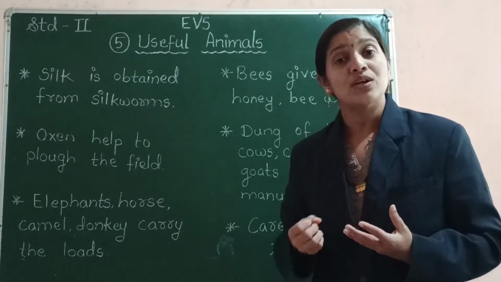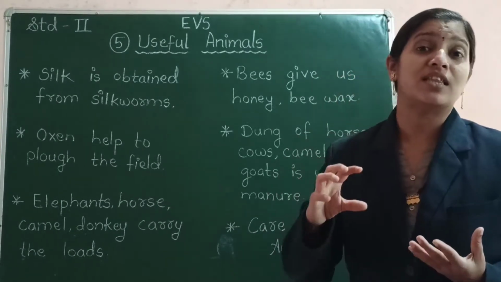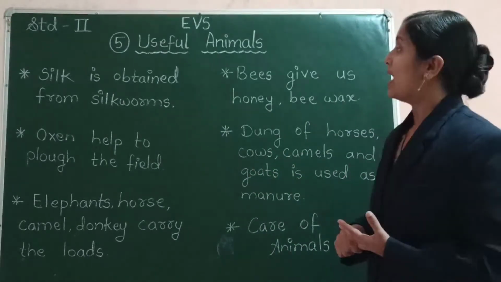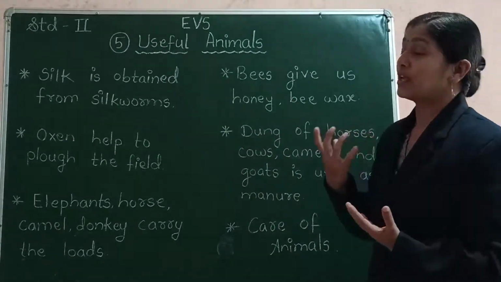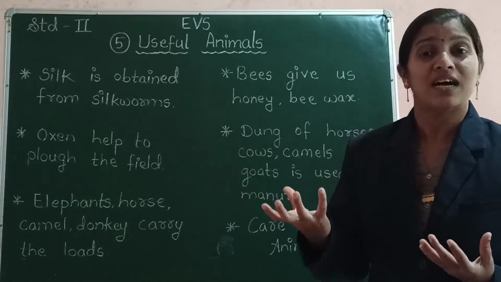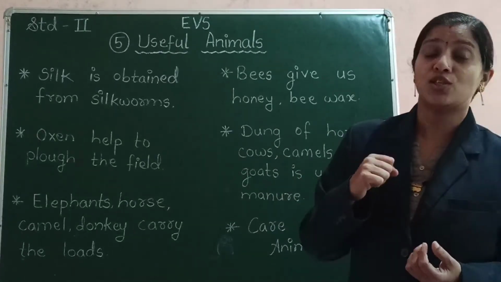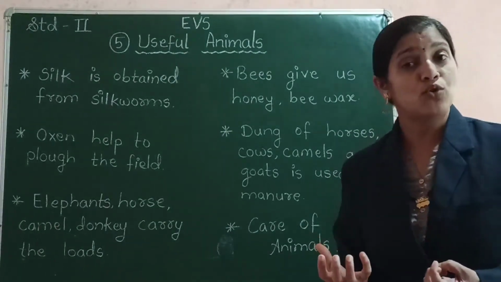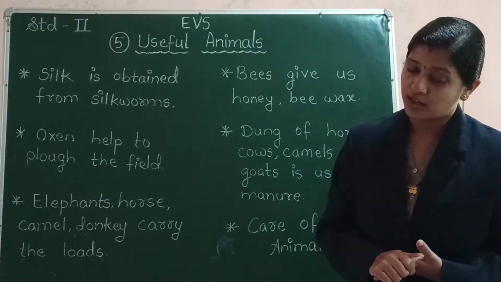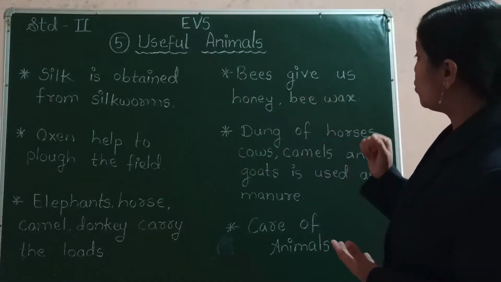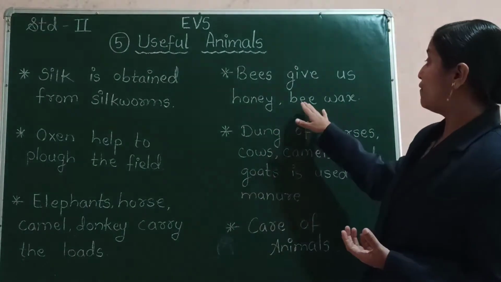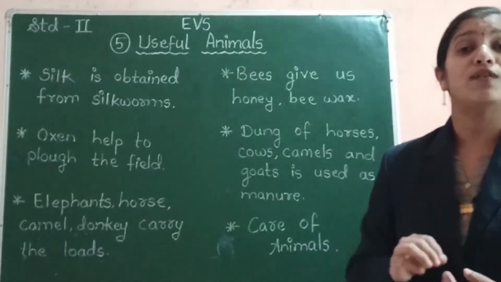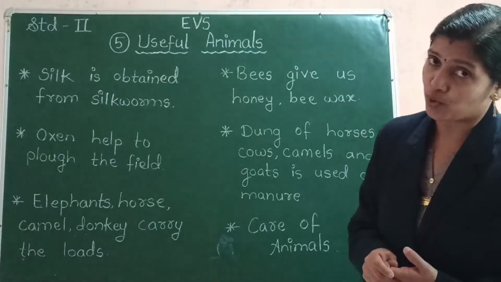And what do they do? They collect this juice in the honeycombs. That is the home of the honeybees. And these honeybees, they provide us, or they give us the honey. And this honey is used by human beings as a medicine. Honey is a very good medicine for cold and cough. So also from the honeycomb, we get the bee wax. Okay, and this bee wax is used in various skincare products.